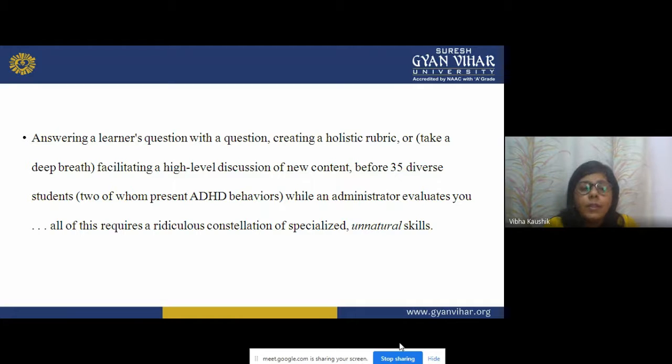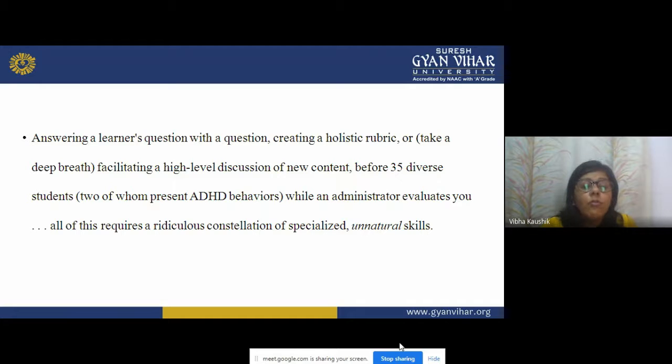Facilitating a high level discussion of new content. Facilitate means you can motivate and encourage the learners for a high level discussion of new content that you are going to teach before 35 diverse students. Why? Because every class has 35 to 40 students, and every class having 30 to 35 students has different needs, or there is a diversity of